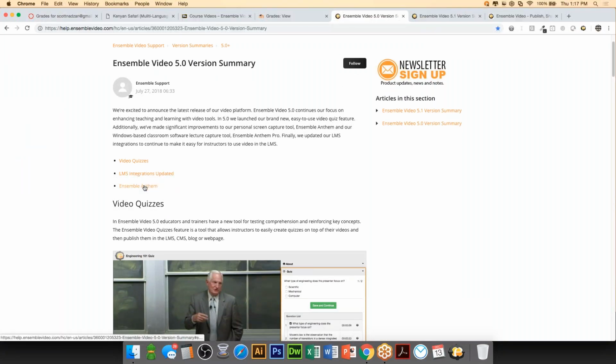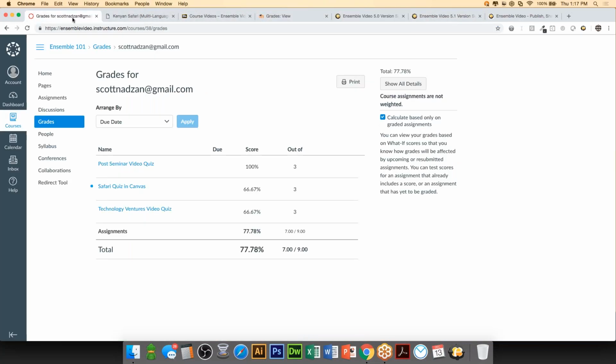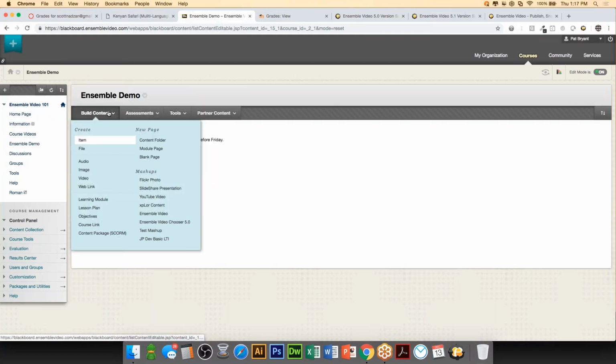Finally, Ensemble Anthem. So if you're not familiar with Ensemble Anthem, that is our screen capture tool that allows editing. You can record your webcam and desktop. So if I was, say, in Blackboard or Canvas, let's go into Blackboard this time, and I go to my chooser,